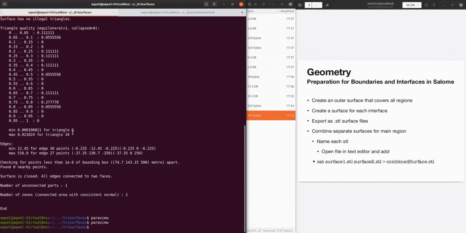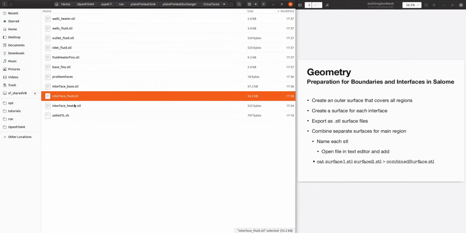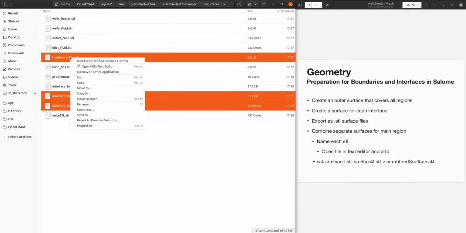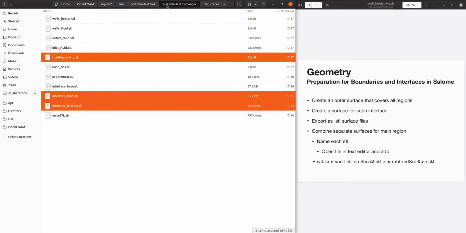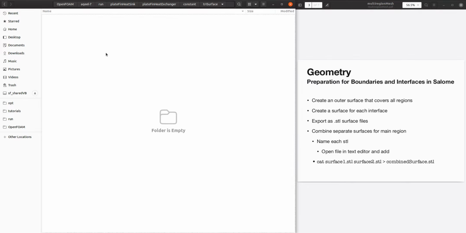So next step is we just need these three files, and we will put them in constant tri-surface.